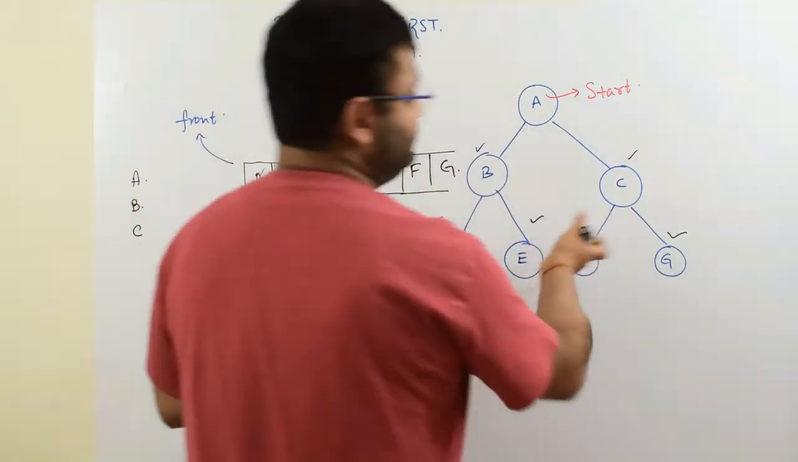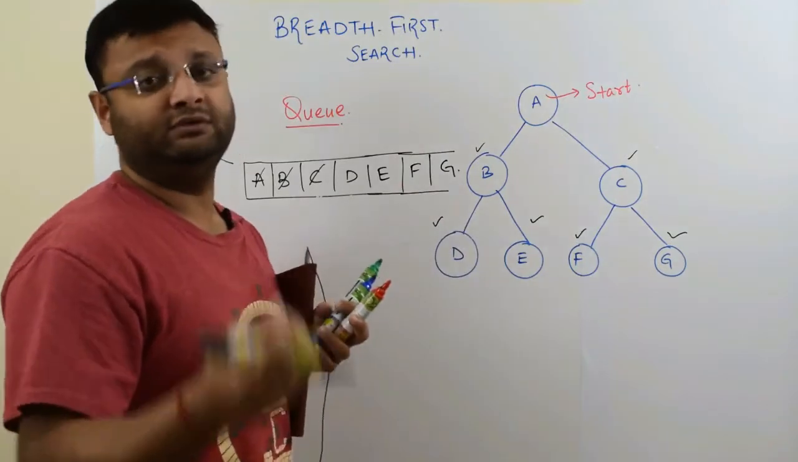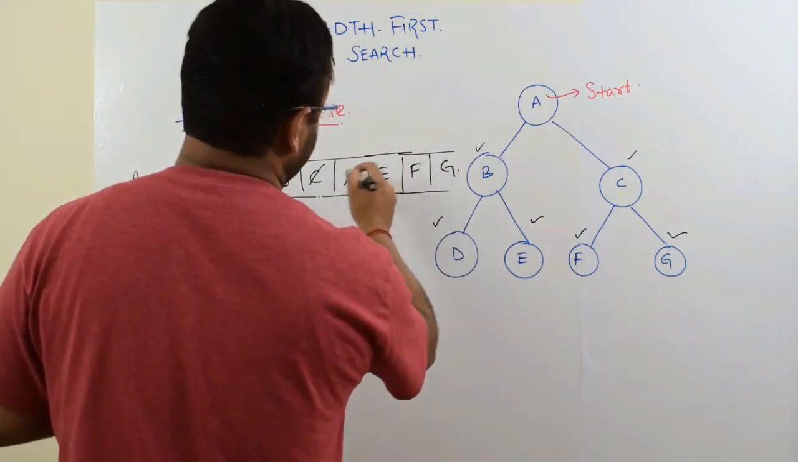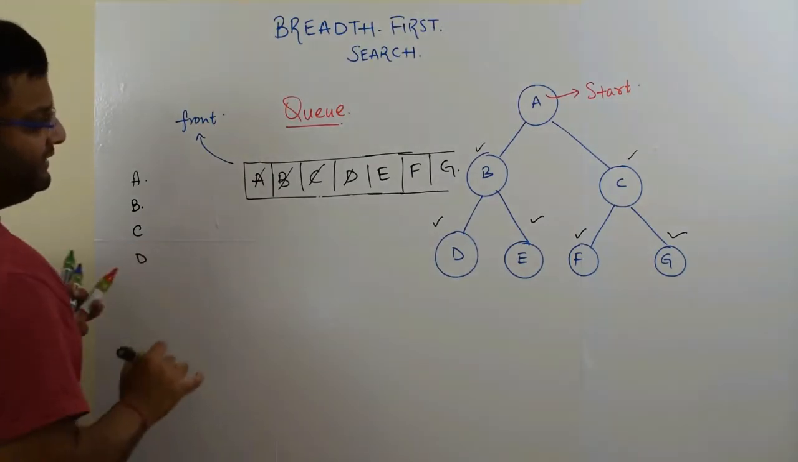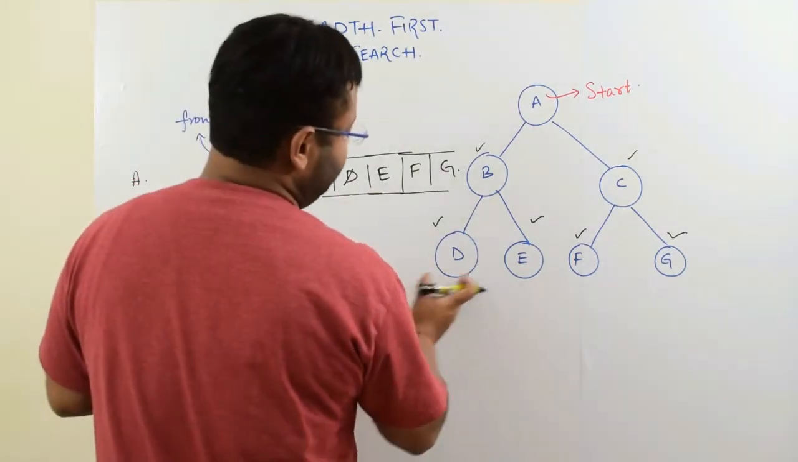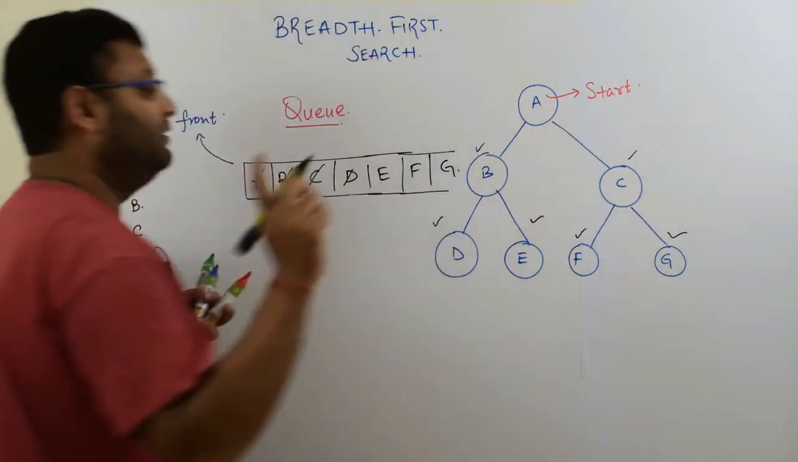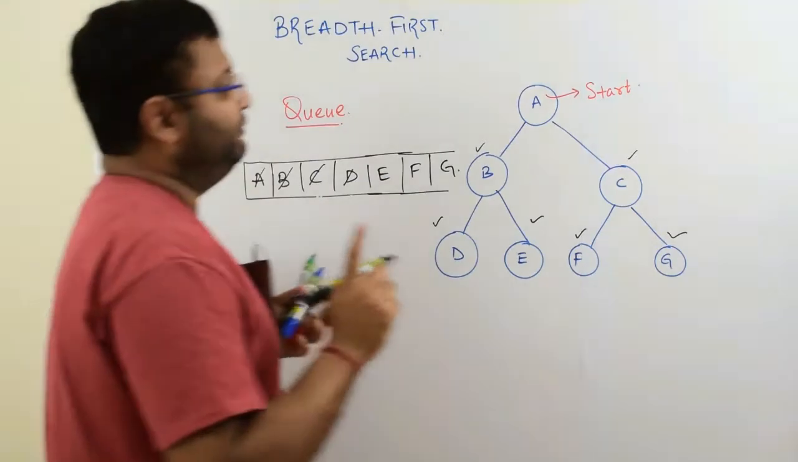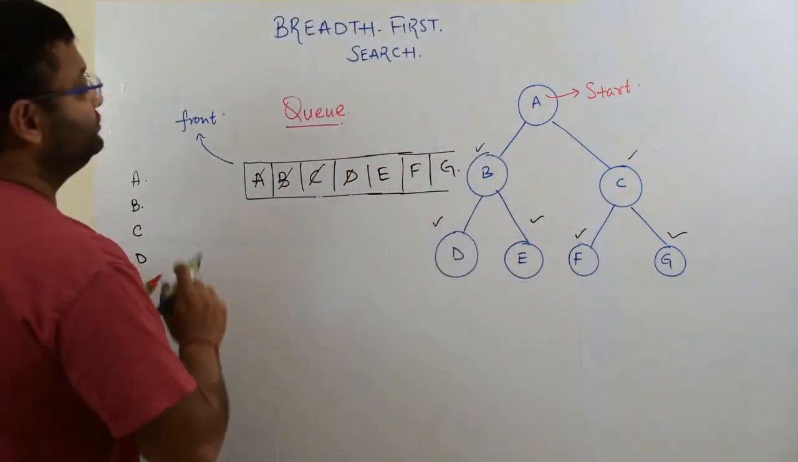You have pushed these elements. Now take something out of the Q. What will come? D will come, right? Then, are there any neighbors of D? No. Now here, one thing I would like to mention, I should have told you earlier also, as soon